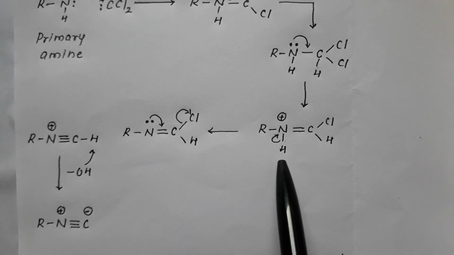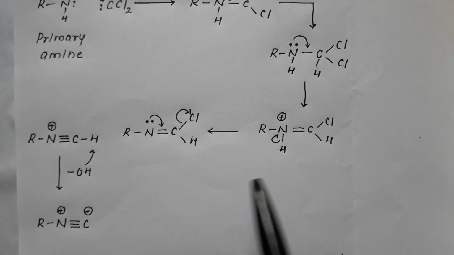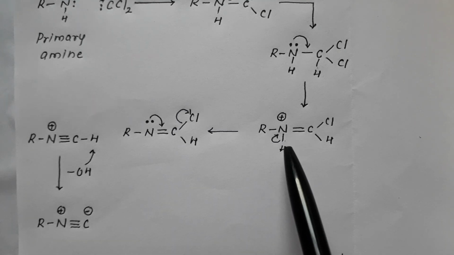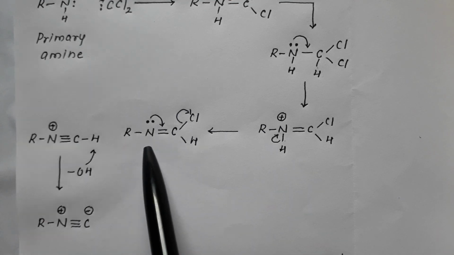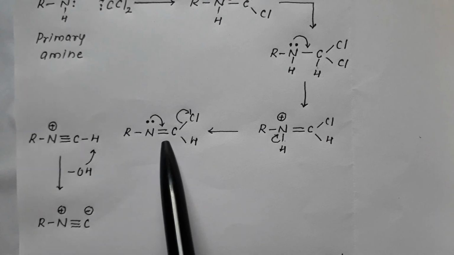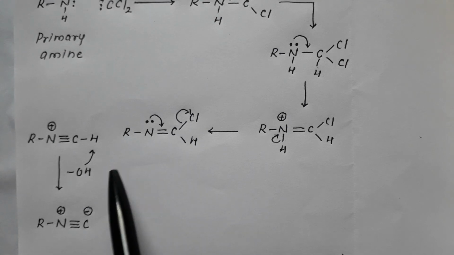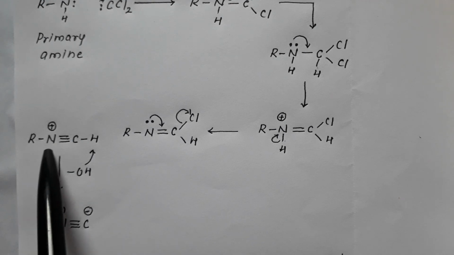Hydrogen has been removed by giving its shared pair to nitrogen. The shared pair present between nitrogen and hydrogen is taken away by nitrogen, and this nitrogen develops a lone pair. So resulting in formation of RN double bond CHCl,